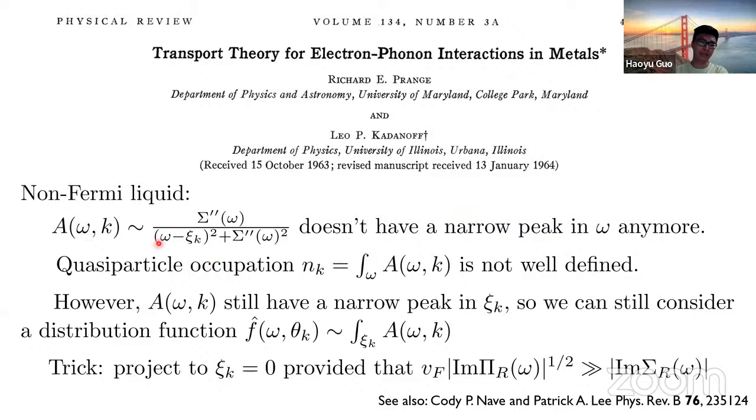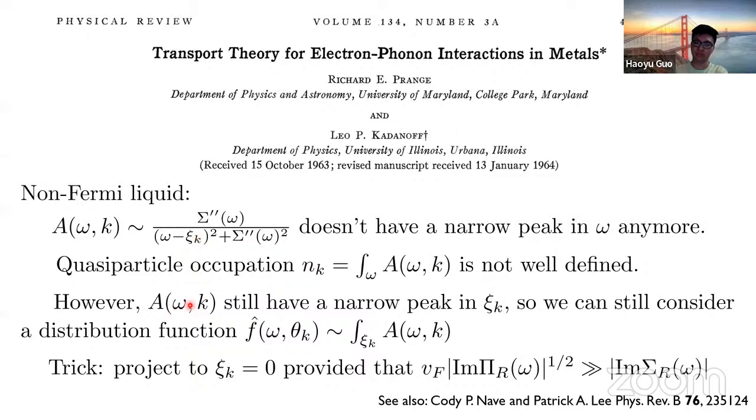So for a non-Fermi liquid, if you look at the spectral weight as a function of frequency and momentum, you can find that in terms of the frequency omega, because the self-energy is large, this function doesn't have a very narrow peak in omega anymore. So it doesn't make sense to integrate out this frequency variable and then try to define an occupation number for the quasi-particle. However, there's another variable here, which is psi k,